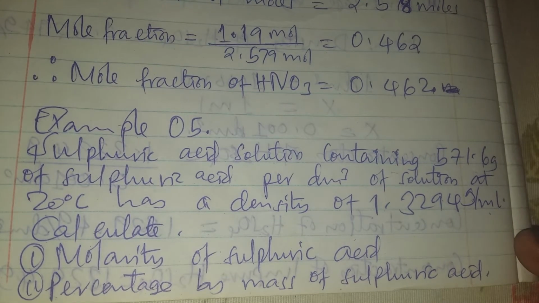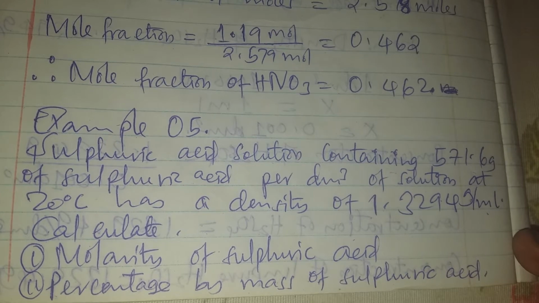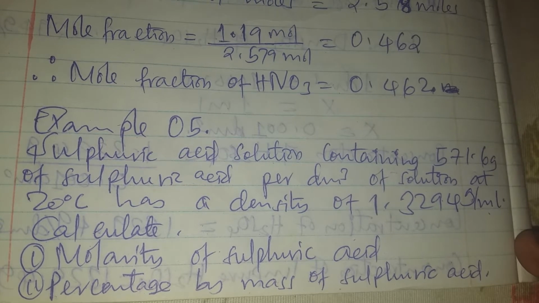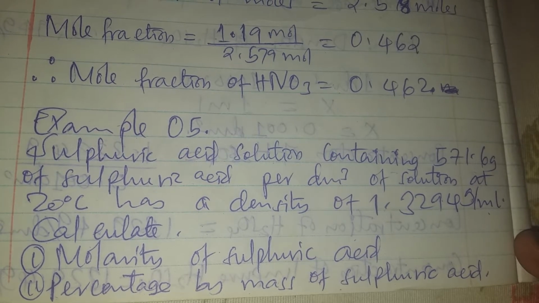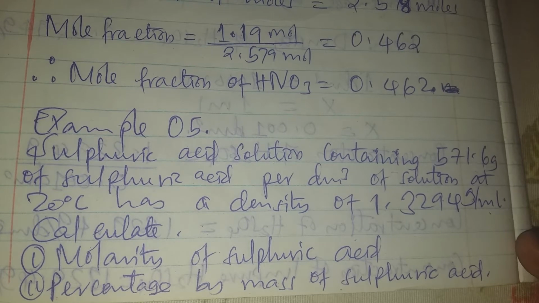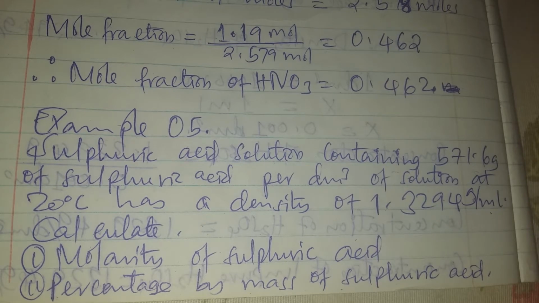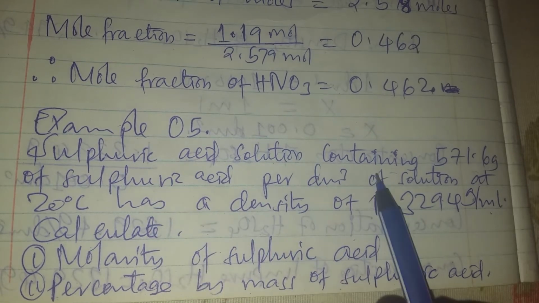Welcome back, friends, and today we are going to continue with our discussion on the states of matter. Today we are going to proceed with question number 5. In the previous session we ended at example number 4, and today we are proceeding with example number 5. Example number 5 says: sulfuric acid solution containing